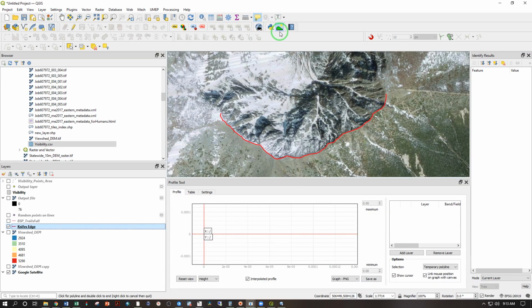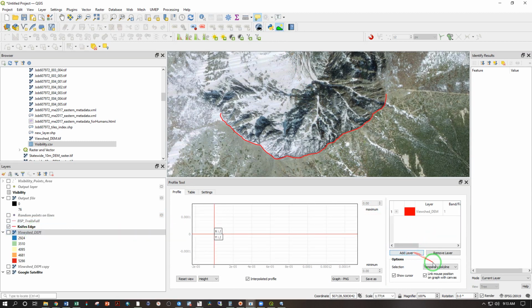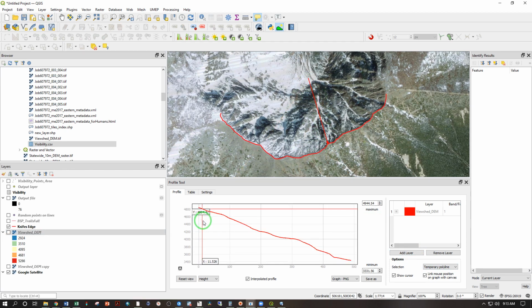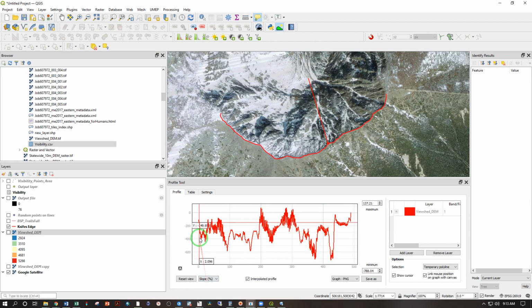But say you decide to take a shortcut, don't do that. But let's go ahead into our profile tool, add in our elevation model, use a temporary polyline, say we do something tremendously foolish, and just pop straight down there. Hey, it's a pretty straight shot, right? Right? Well, let's try looking at slope percent,